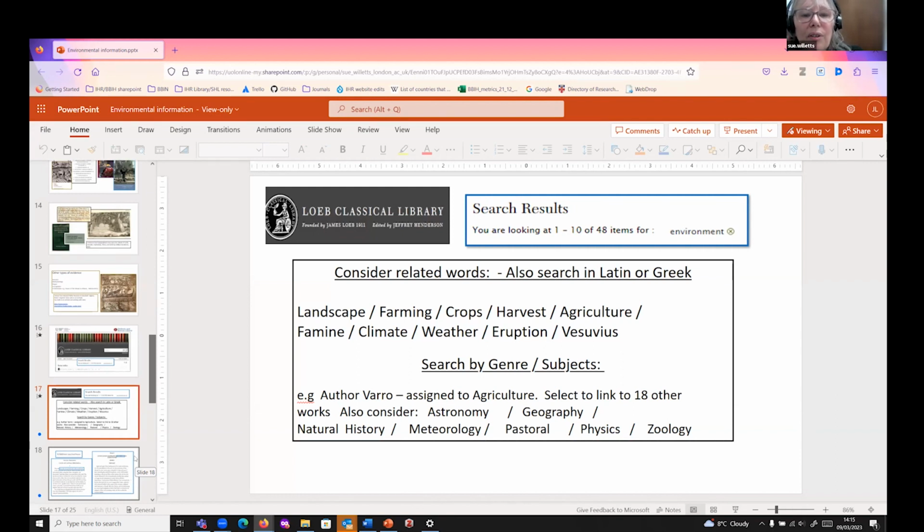a genre. So when you search, say, Varro, he writes on agriculture, what helpfully pops up at the bottom of the screen when you search is that there are 18 authors assigned to that category. And so it goes on. So you're going to get many. You can confine your searching to these groups. Natural history is an obvious one as well, but geography, physics, zoology, I mean, there's a huge amount to be